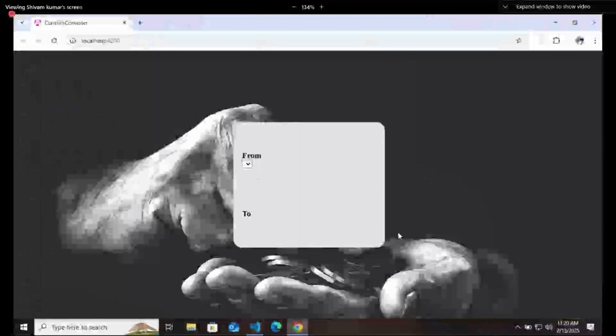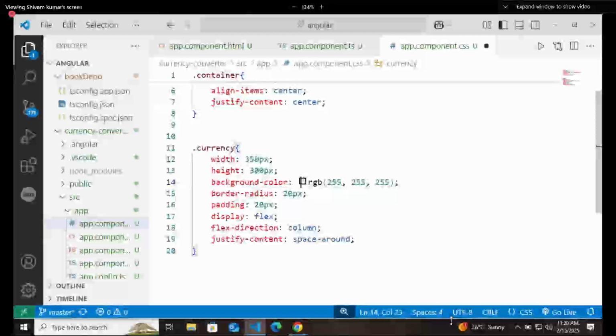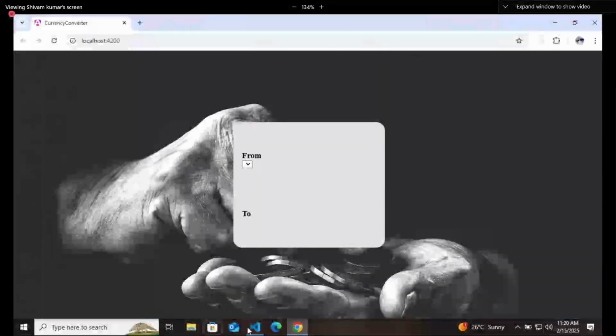So in this way we will create it. And background color I'll keep as complete white, like this.